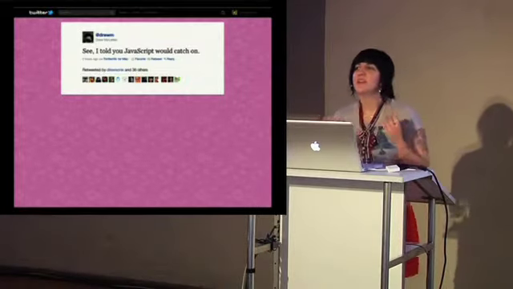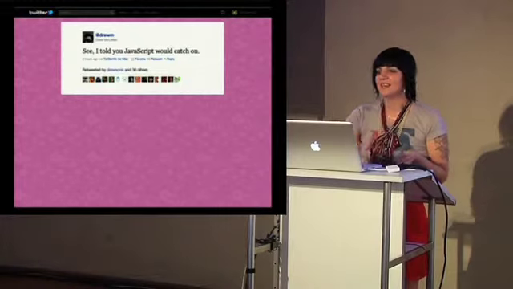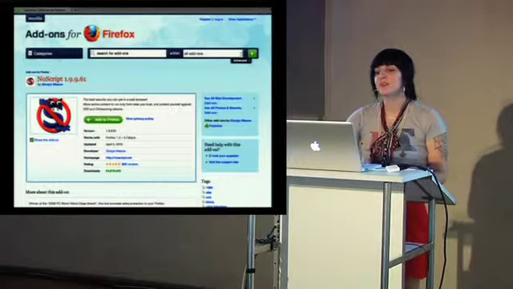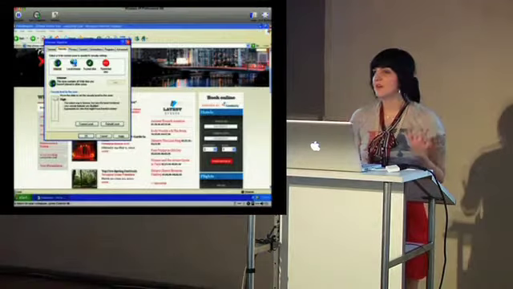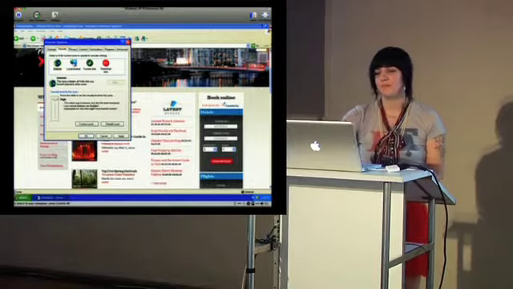So when the number 8 most visited site on the internet gets a bad rap like this, that's when people start turning to things like NoScript. And that's when people start upping their internet security and turning off JavaScript in their browsers.